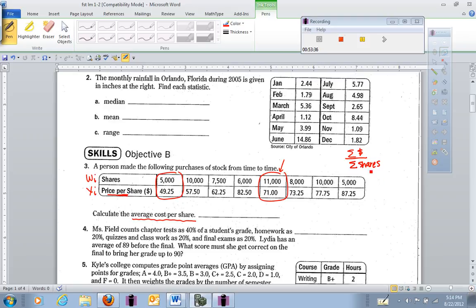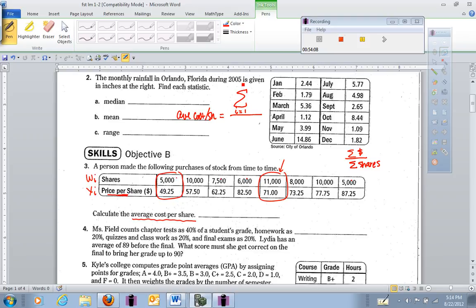Okay? So let me go over to problem number 11, and I'll just write it on here because I have room. We'll talk about how you could get that in terms of what you did abstractly. So abstractly, the average cost per share is going to be the sum of all the money that we spent. Well, there are 1, 2, 3, 4, 5, 6, 7, 8 transactions,